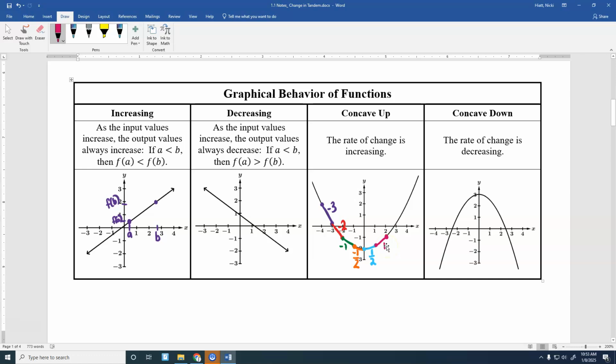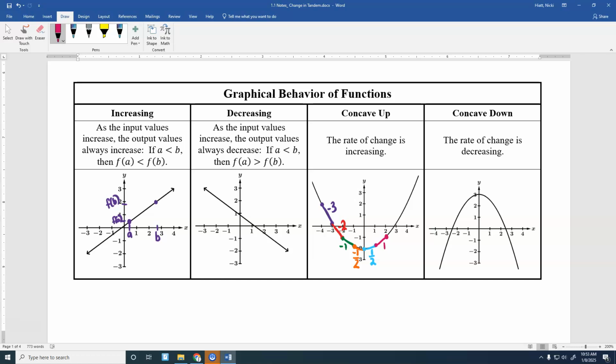Those are increasing, right? Even though it kind of looks like decreasing right here, they're negative numbers. So if you're thinking about plotting them on the number line, -3 is down here, -2 is over here, -1, -1/2, and then you get to the positive numbers, right? So your rate of change is increasing